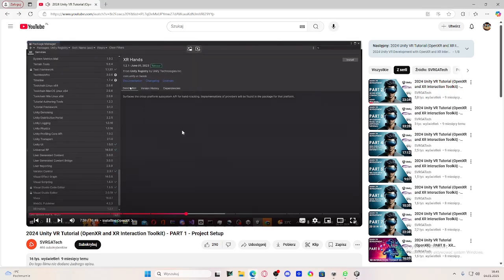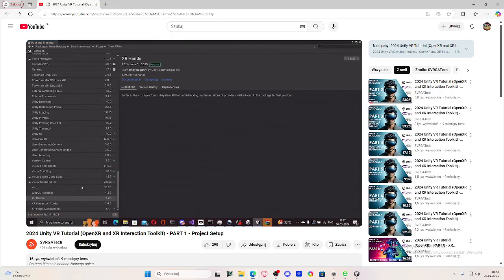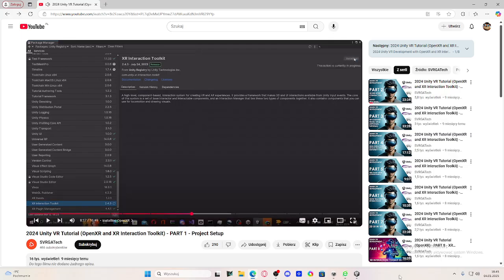Because now we will be adding the other XR packages that we need to set up our base VR project. So in the package manager, if you look at the bottom above XR plugin management, you have the XR interaction toolkit. So we will be installing